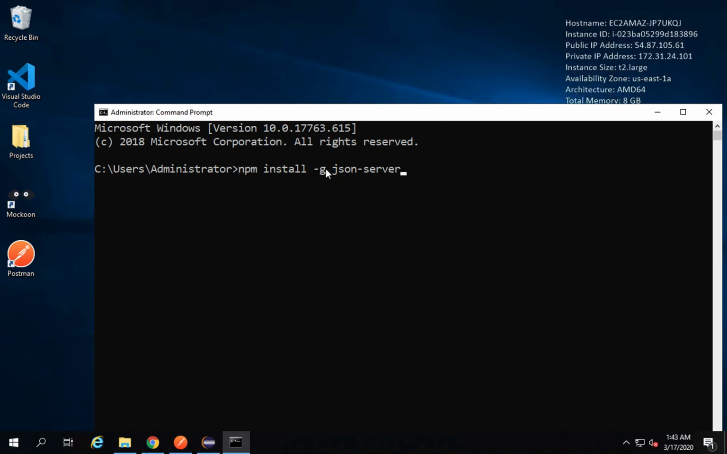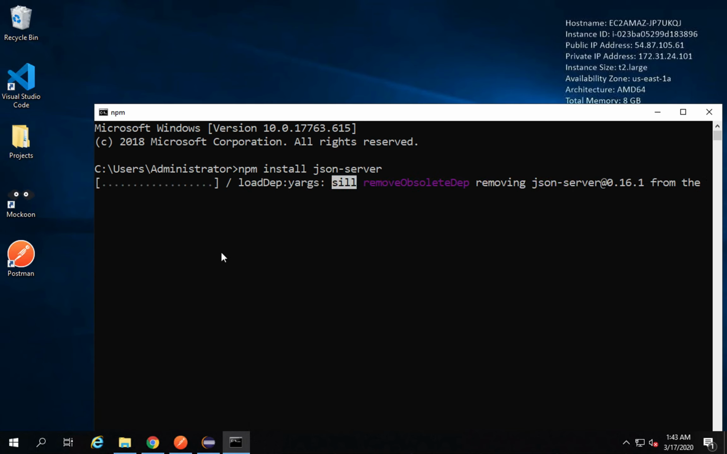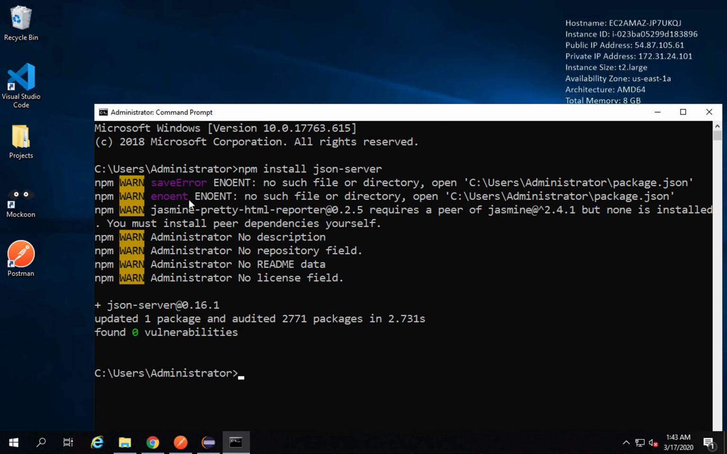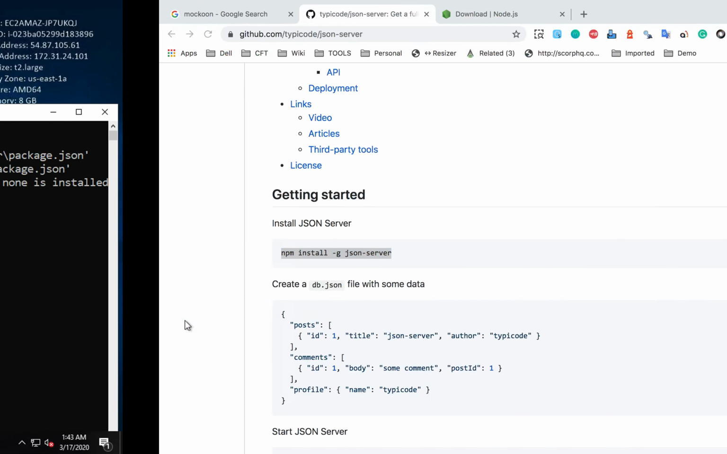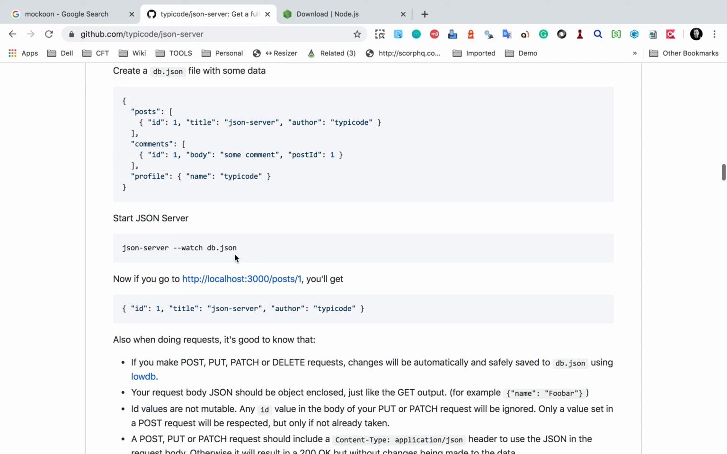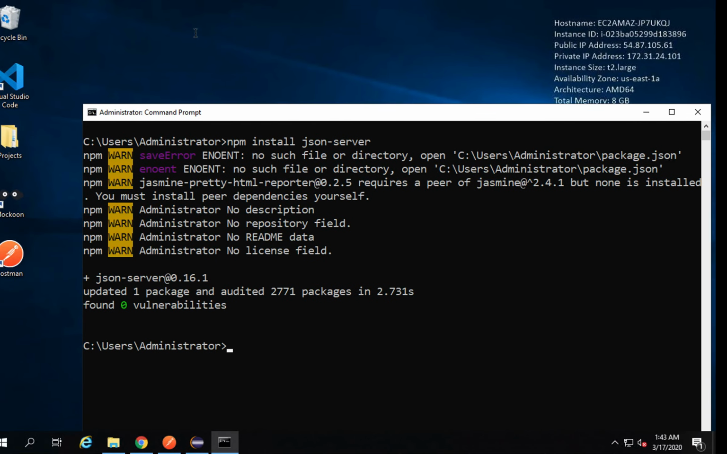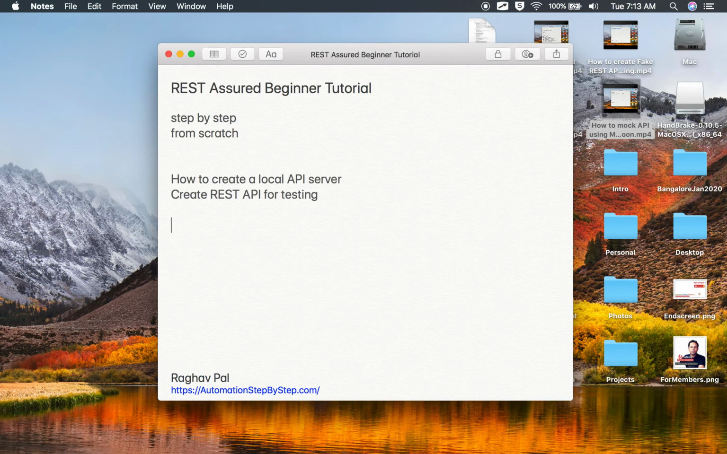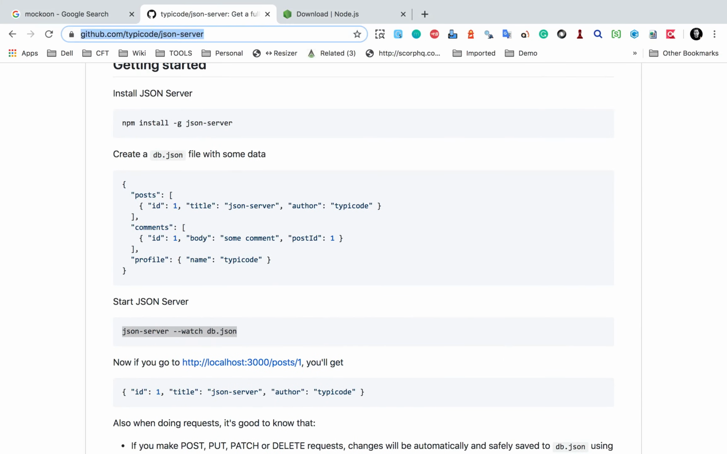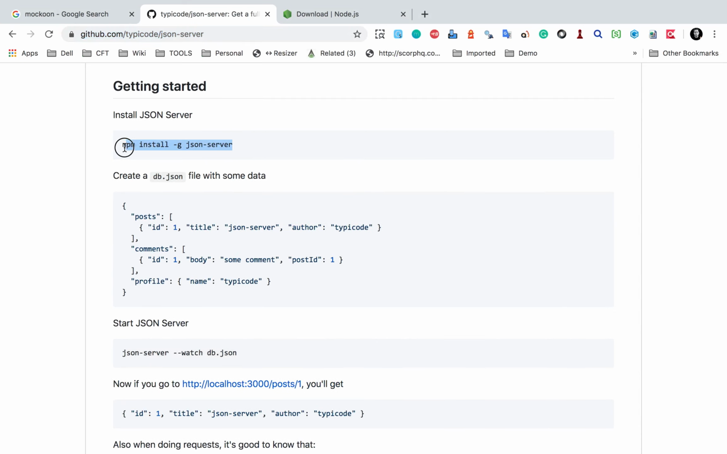Here you can use -g for installing it globally, or I will just remove the -g option and run this, and this will install JSON server. In my case it was already installed. Once this is installed you can run this command, json-server --watch db.json. Let me also copy these URLs in the notes, and all these notes will be available to you. So this is the URL and this is the command to install,